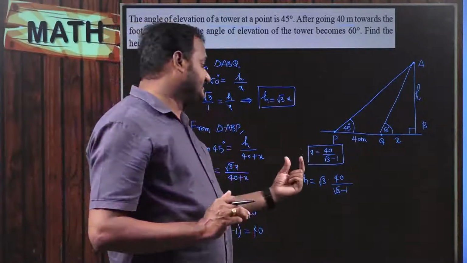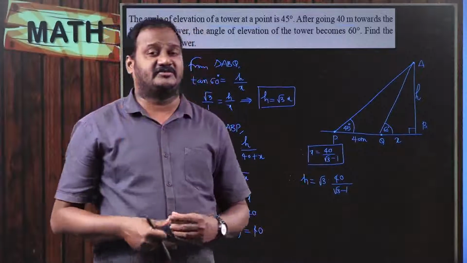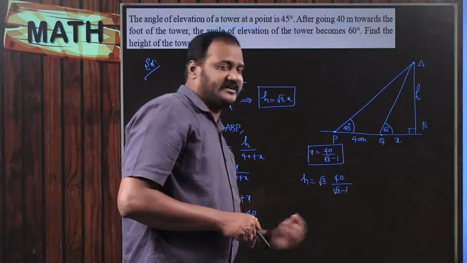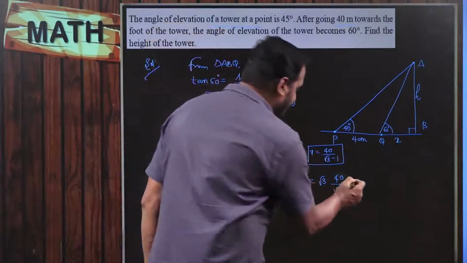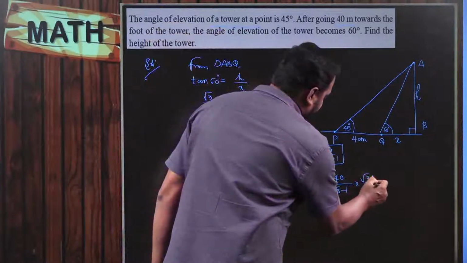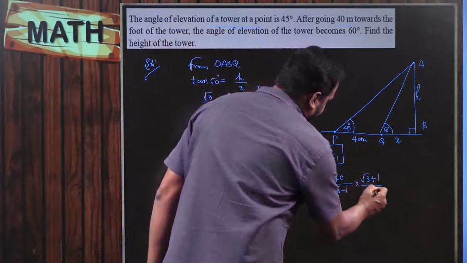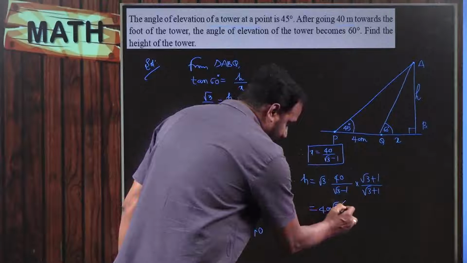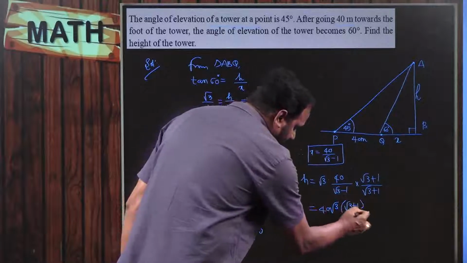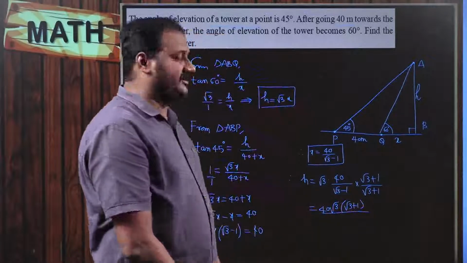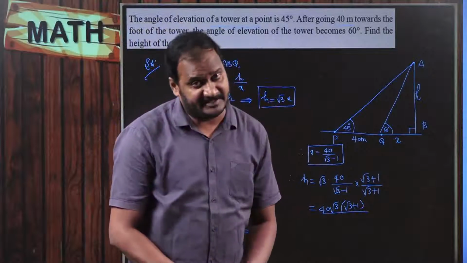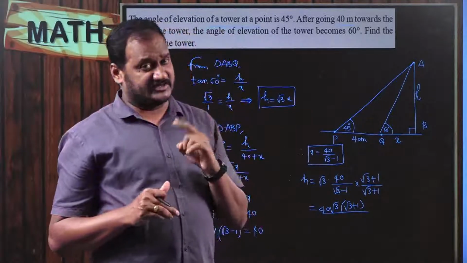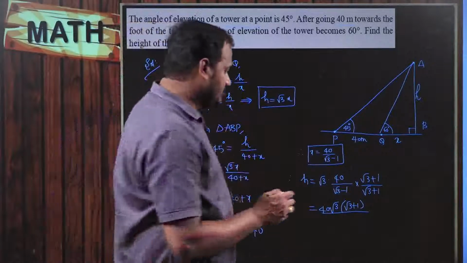So when the denominator is an irrational number, immediately you will have to rationalize the denominator to convert it into a rational number. What is the rationalizing factor of the denominator root 3 minus 1? It would be root 3 plus 1 divided by root 3 plus 1. So finally it is 40 root 3 into (root 3 plus 1) whole divided by (root 3 minus 1) into (root 3 plus 1), which is in the form of (a minus b) into (a plus b), which is a square minus b square. It means root 3 whole square is 3, minus 1 square equal to 1. 3 minus 1 equal to 2 is the denominator.